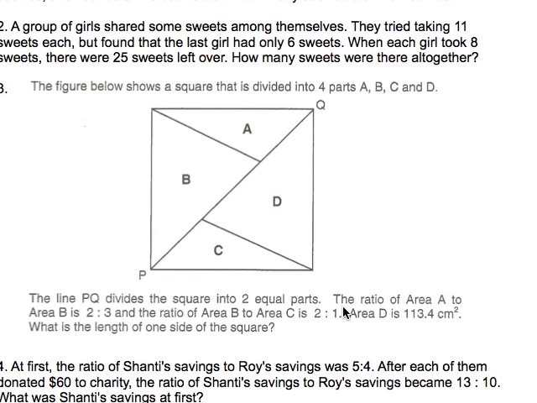Now it says that the ratio of area A to area B is 2:3, and the ratio of area B to area C is 2:1, and area D is 113.4 cm squared. Question is, what is the length of one side of the square? Very simple. So we have to find out what is A to B to C to